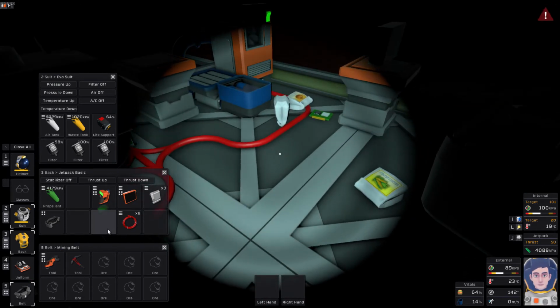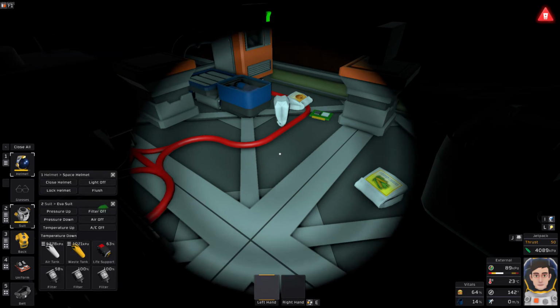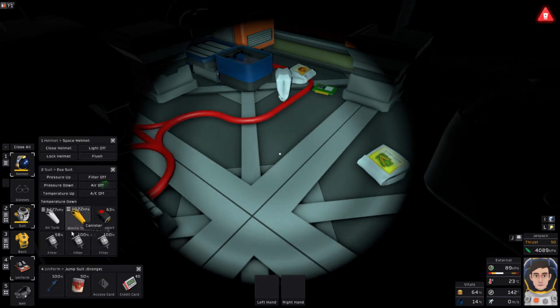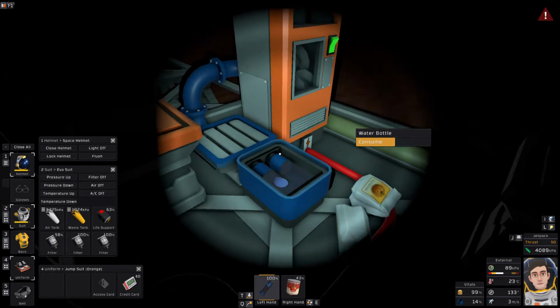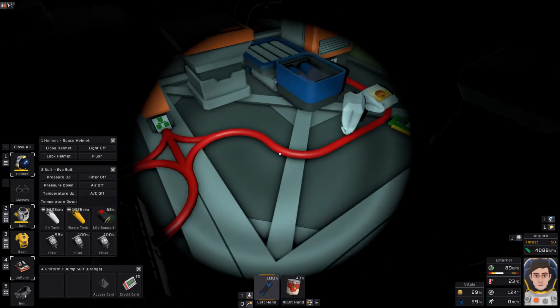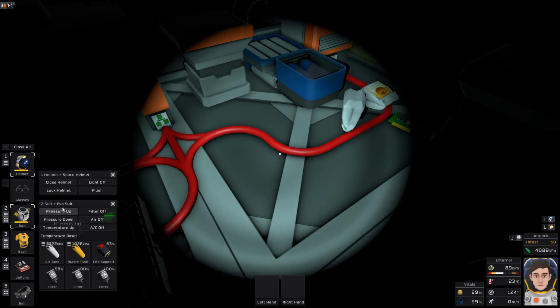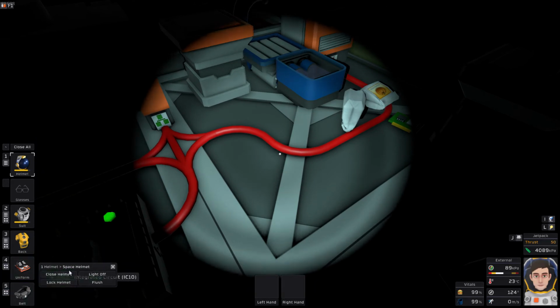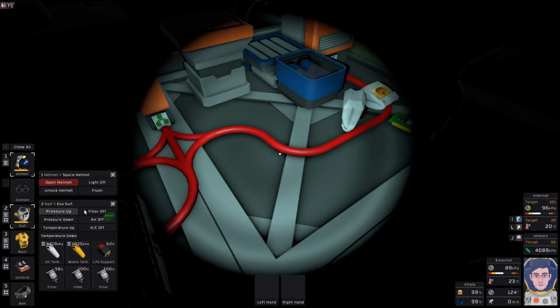So let's unlock and open. That's 3, that's 5, 4. There we go. Right. Let's get a drink. Get some food. Swap the water bottle. Put that away. Put that away. Close and lock the helmet. Actually,